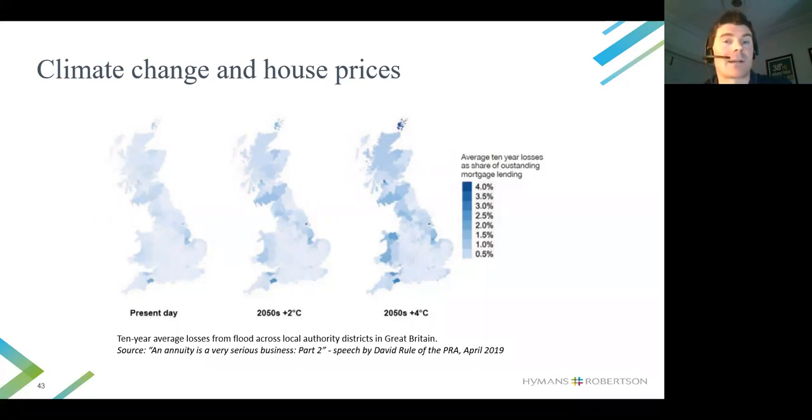And that analysis also showed how that risk was unevenly distributed across the UK. So if you look at this chart, the slide that we have up here, on the left-hand side, that's present day. The middle picture is the 2 degrees warming scenario, and then on the far right, we have the 4 degrees warming scenario. And on the maps, the darker the blue, the bigger the projected loss from flood risk. So you can see as we move to the right, we get more of those dark blue areas, so more projected risk of flooding. And we can also hone in on those regions that have the greatest risk. And you can, again, see how that's unevenly distributed across the UK. Okay, so if we click back then,